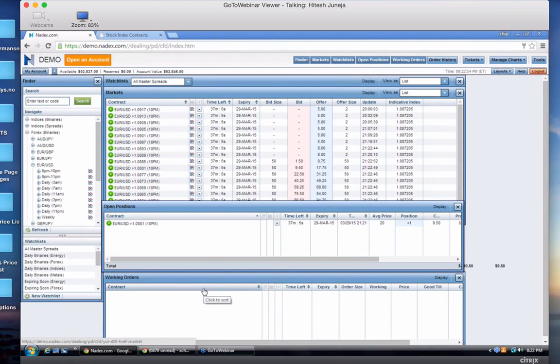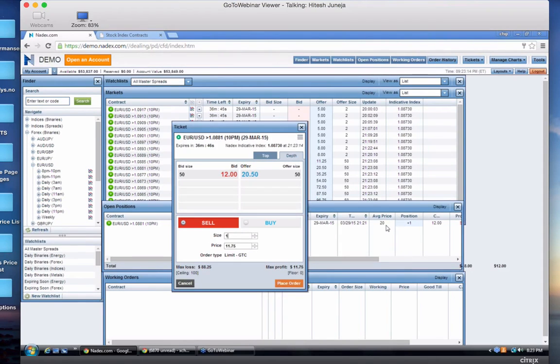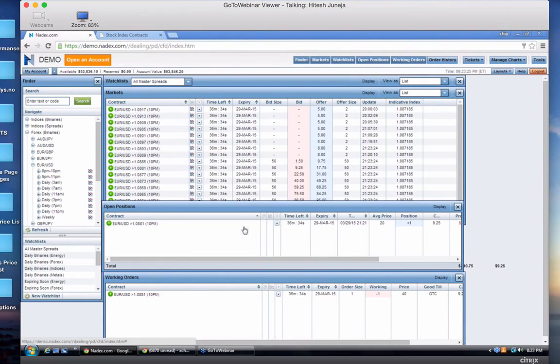The other thing is that you can put a working order in place. You can predefine, you can say, whenever I hit 100% return, or whenever I hit a certain price level, just get me out of the trade at that time. That allows you to set these things up in advance, so that you can just go about your business, and when it becomes profitable for you, the trade is closed and you walk away with profit. You don't have to sit there and worry about what's going to happen over the next 55 minutes or so. So there's a working order. Yep, so Chip can show that.